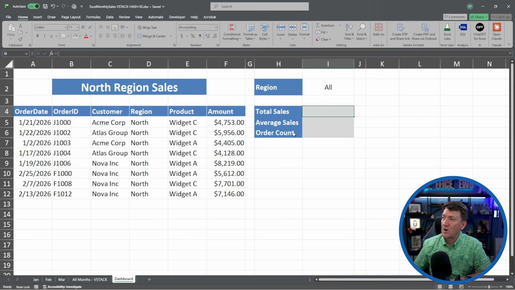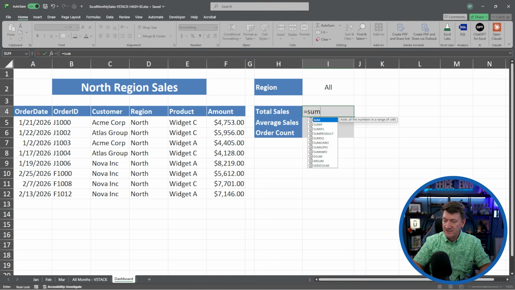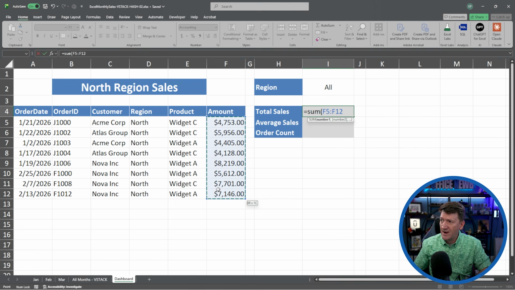If I hop over to the right, I've got a simple little table where I want to get total sales, average sales, and the order count, all from this spilled array utilizing the filter function. Inside my total sales, I'm going to use the SUM function to sum up this amount right here. Well, if I grab that range, that's a literal range, right? F5 to F12. Well, my filter can change. Maybe it's not north, maybe it's south or east or west, and that might have more and might have less